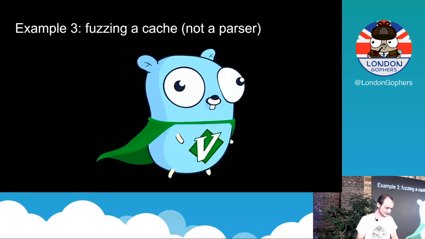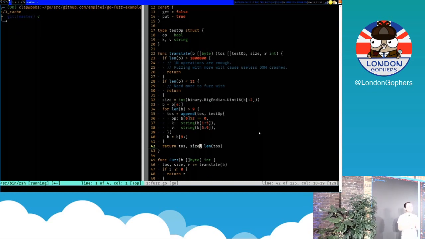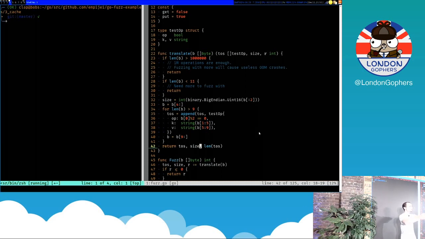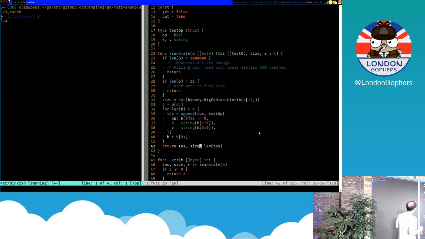So, fuzzing stuff that is not a parser, because so far they were just serialization and deserialization. A colleague of mine was bored because DNS requests took too long and they were unencrypted. So, if you do a DNS request, it's going to go in the clear to your ISP, which is able to decode it, which is bad. And also it's going to be slow, because most of the time you're going to hop through several DNSs. So he said, is it really that hard to write a DNS proxy? Spoiler, it is. And at one point we hit a problem, we need to cache. Most caches are good for general purpose stuff, not DNS.